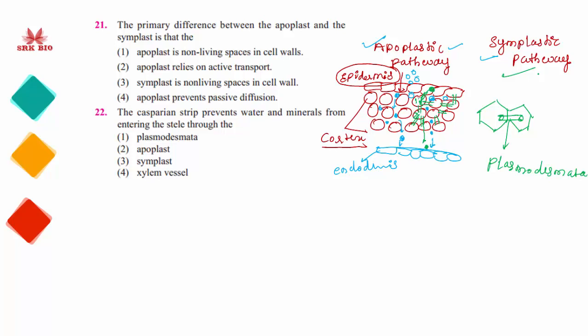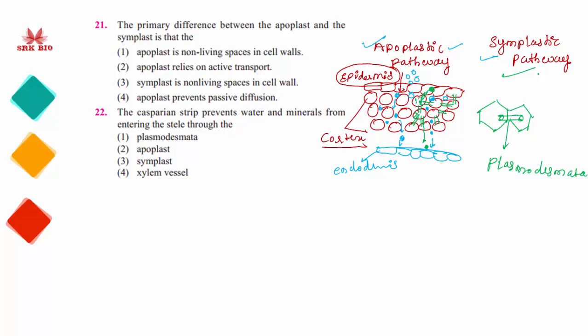If the movement of molecules occurs very easily through the intercellular spaces which are present in between the tissues, it is called the apoplastic pathway. With the help of both pathways, we can see the transport of molecules within the plant body. Sometimes it is through the apoplastic pathway and sometimes through the symplastic pathway; both of them occur within the plant body.